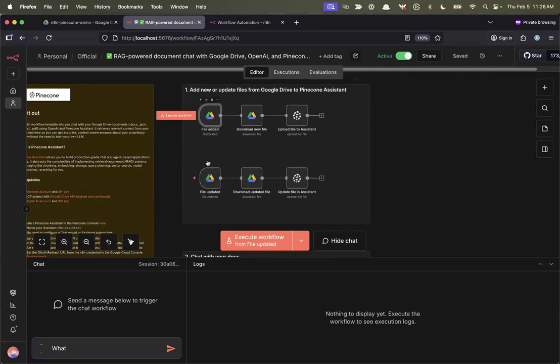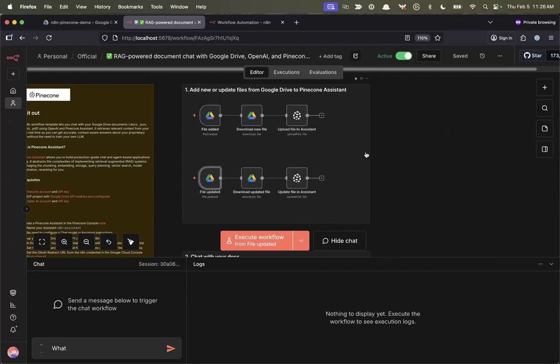These file added and file upload nodes, also indicated by the little orange lightning bolt next to them, are trigger nodes. They act when something happens. You could also have a manual trigger, so if I press the button, it would trigger it. But these poll every so often and they're looking for data. That's the trigger here.